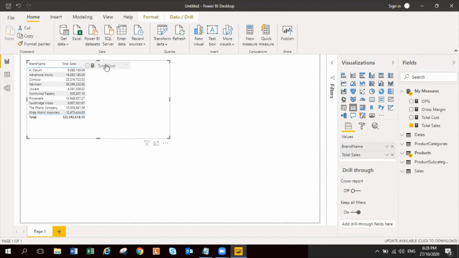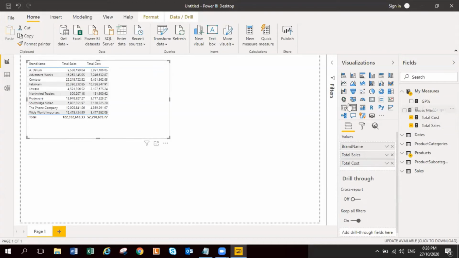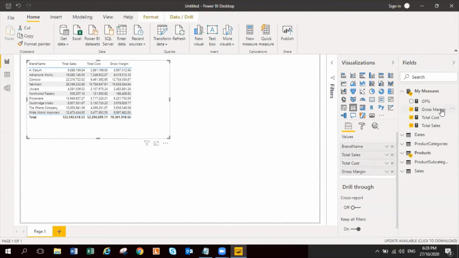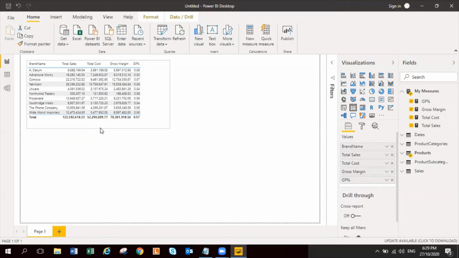Total cost here, gross margin here, GP percentage here. I will just change the formatting. I will again click on total sales,